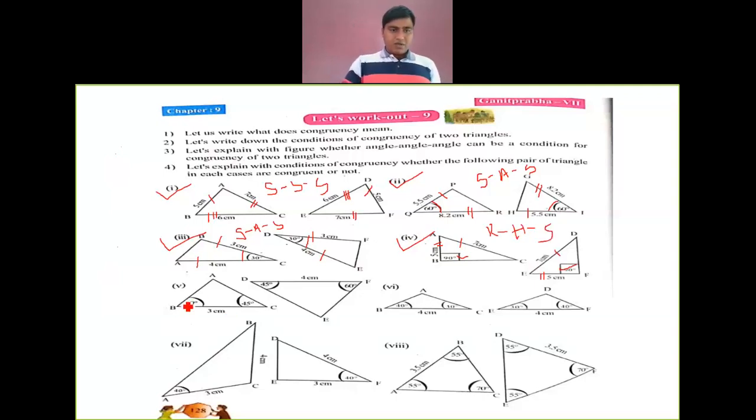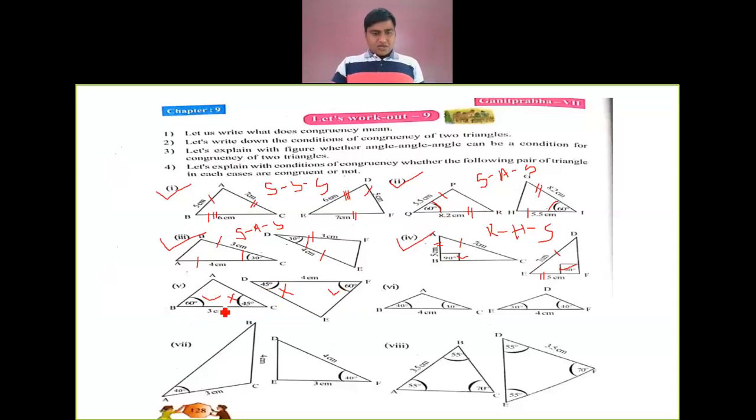Now question number 5. In the triangle ABC, angle B equals 60 degree, and in the triangle DEF, F equals 60 degree. Two angles are equal. Angle C equals 45, angle D equals 45. So here BC is the included side. In this triangle, DF must be the included side,